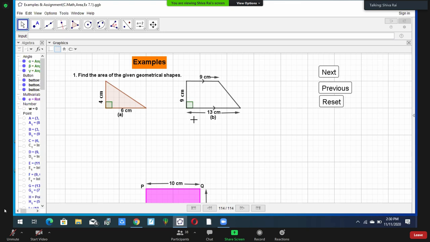So student means what? Only friend. So many there. In the same way, inside the quadrilateral also there are different types of quadrilaterals. Are you clear? Yes, sir. Okay. Quadrilateral